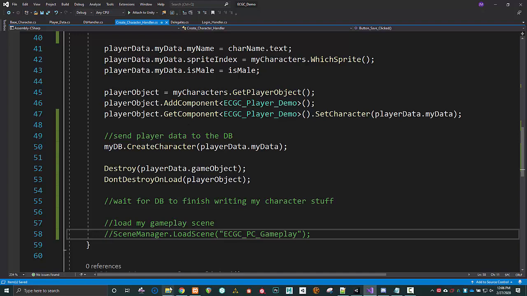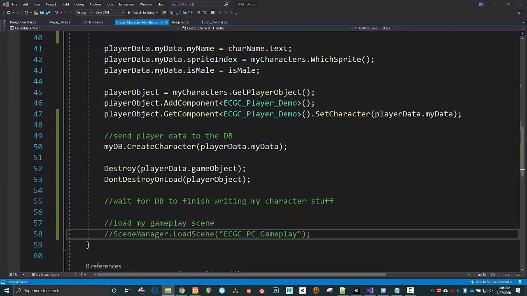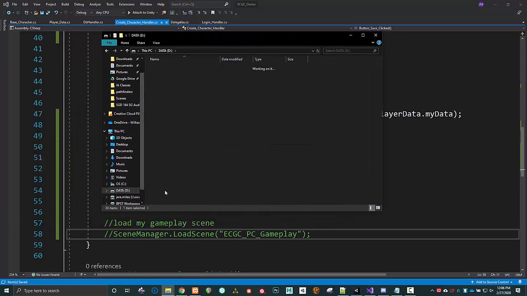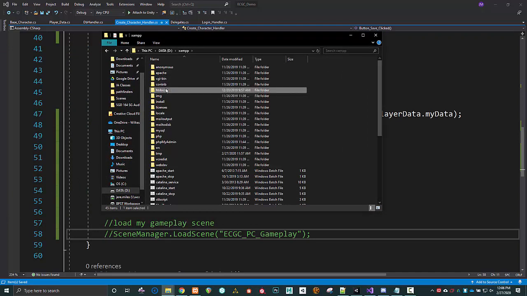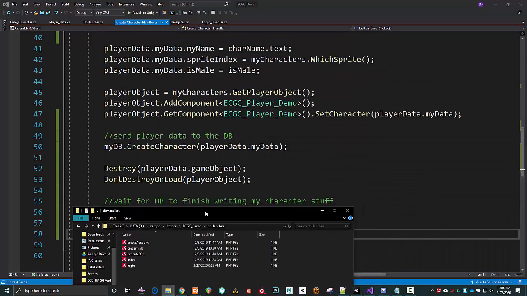Yeah. So let's see. We're not ready to successfully try writing anything because we're going to have to go into our DB handlers. Which is it? I don't even know what it is. Here we go. I'm going to have to go to my XAMPP, go to my htdocs, go to my ECGC demo, go to my DB handlers, and I need to put in here a new script for creating a character. So let's go ahead and